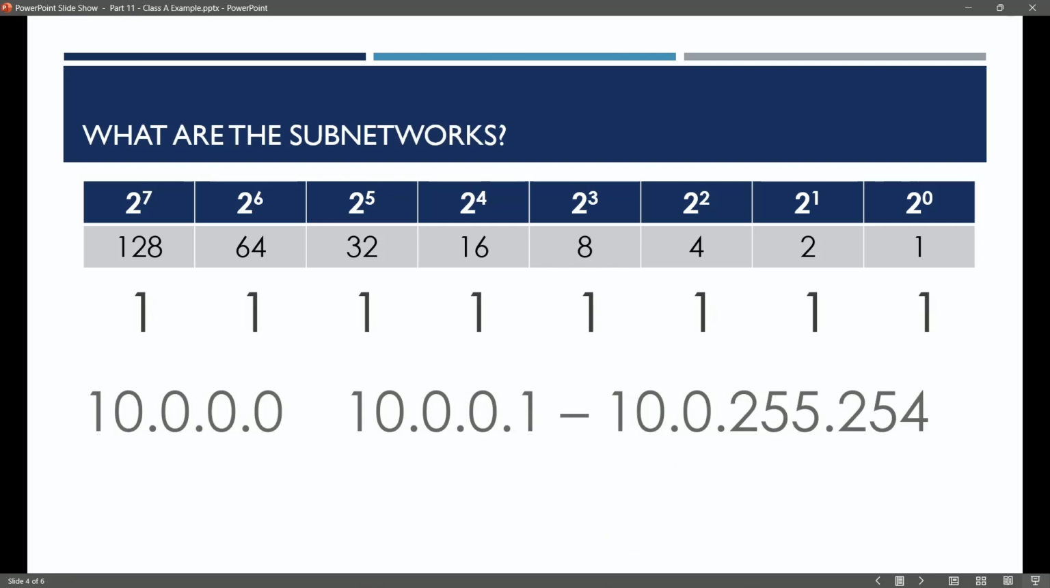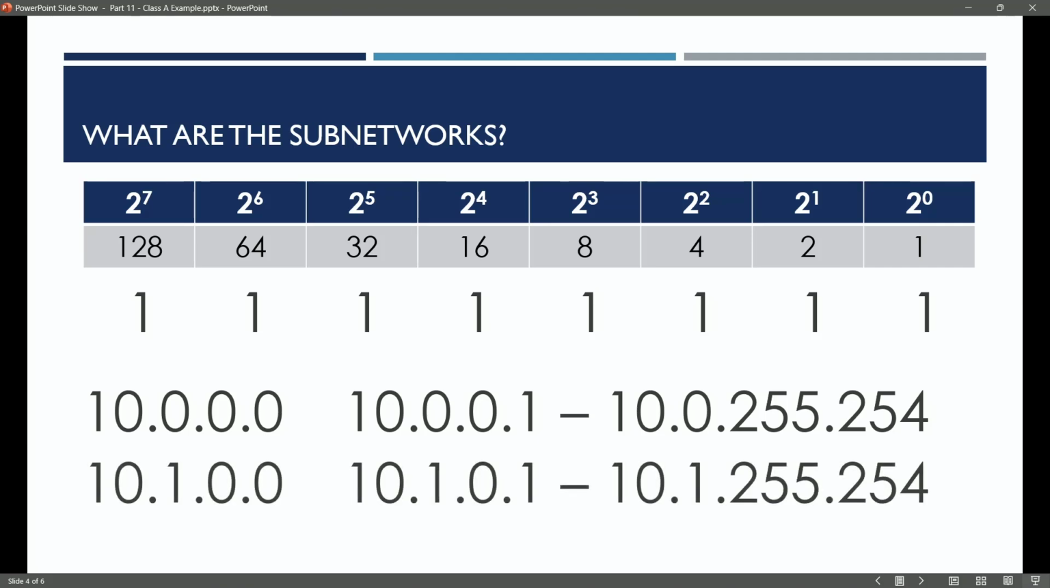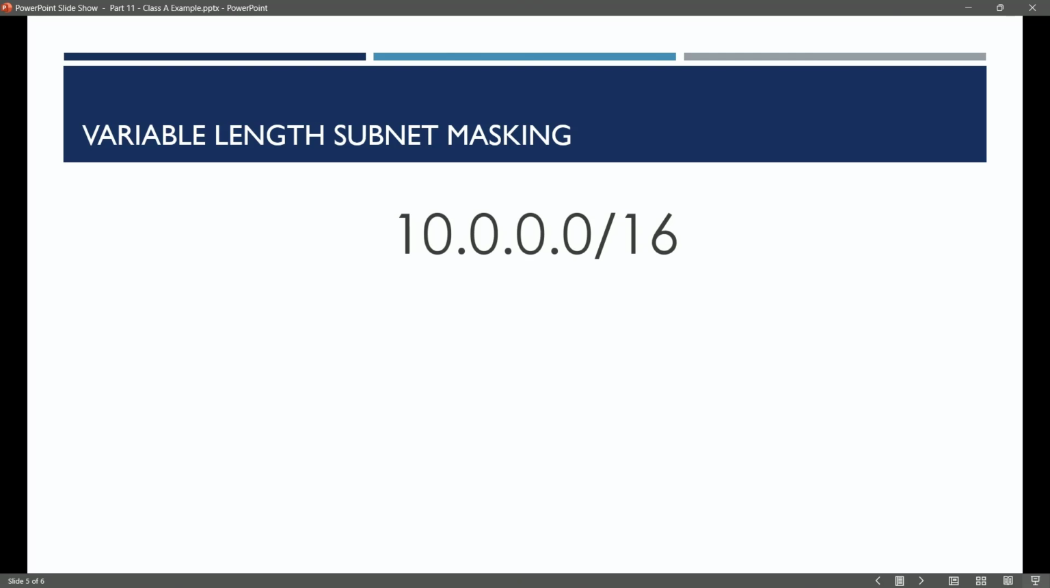So here's a look at 10.0.0.0 under this scheme. The first usable would be 10.0.0.1, and then we'd have 10.0.255.254. We could then pick up with the 10.1 network. First usable 10.1.0.1, and then last usable 10.1.255.254. As I said, what organizations will frequently do is they'll have this large /16 network, this large /16 network,